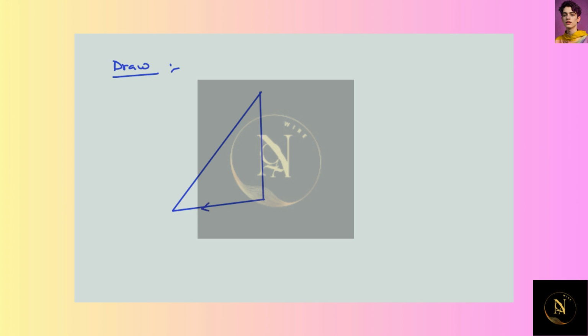Here it is VC. Here it is VA by C. Here it is VA. This angle is of 30 degree and this angle is of 60 degree. So here the angle is alpha. Here the angle is alpha. Now I can write the expression as VC by sine 30 degree is equal to VA by sine